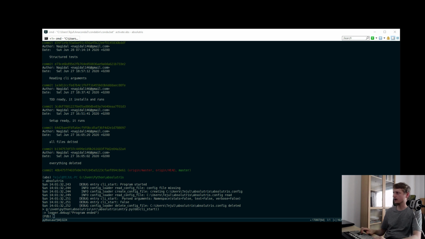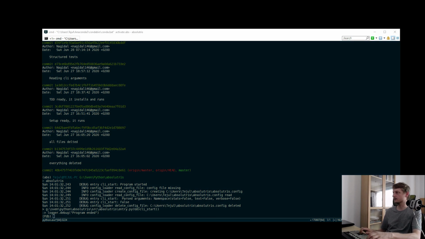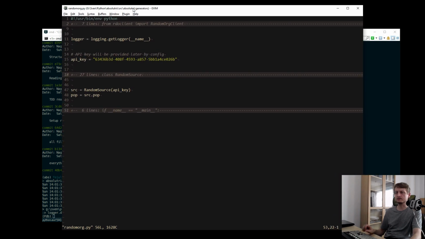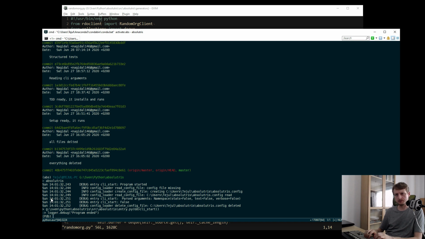And three. Okay, generators. I have a random org generator. I see. I think I wrote this random org module, which uses a modified random org client. Let me check. Python, that's PDB. Okay, now I can quit this.